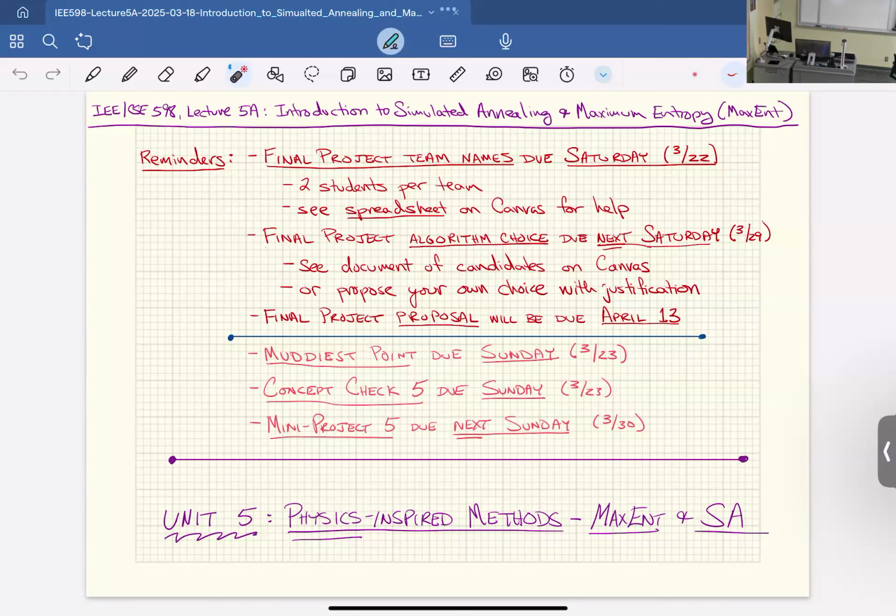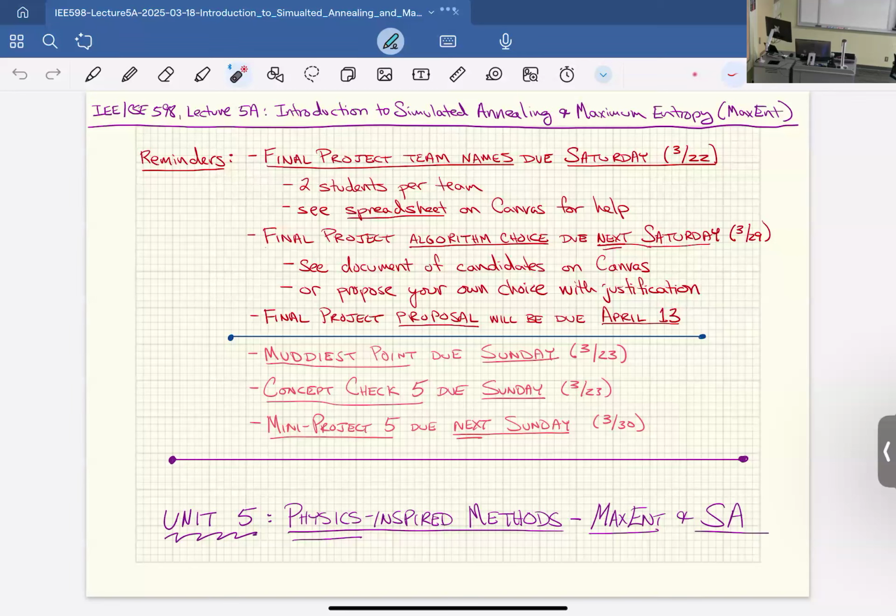So that's an example of the types of things that you might show, but it's pretty much open to you. And in your proposal, that's what you're going to let me know, what your plan is, and then I'll give you feedback on that. I might come back and say, well, I think that's really ambitious, maybe let's tone it down a little bit, or that what you're showing isn't really that surprising. So you kind of want in your final project to show the reader something that needs justification through an actual experiment, but is also scoped to the short time that you have to do the project. And that's what I'm going to try to give feedback on when you turn that in April.